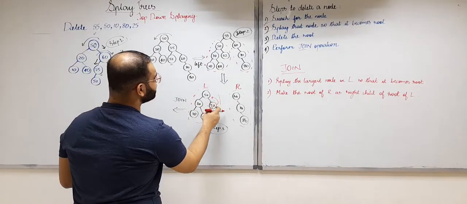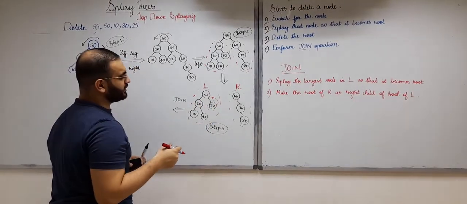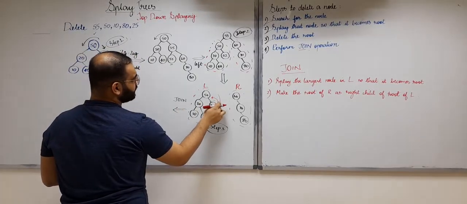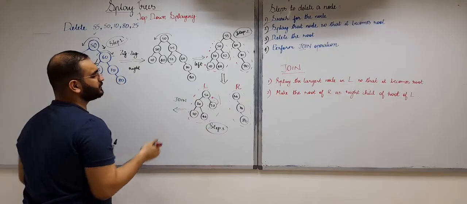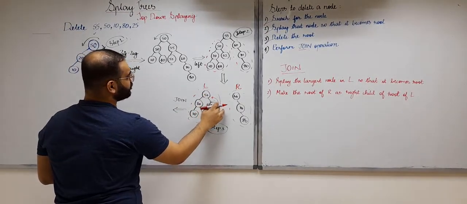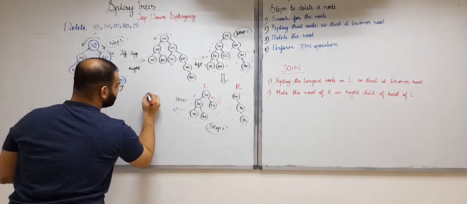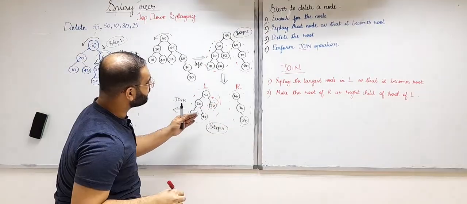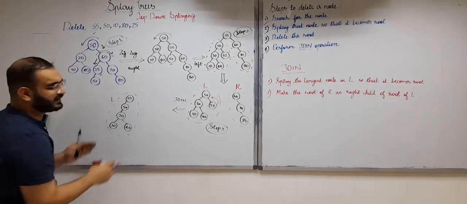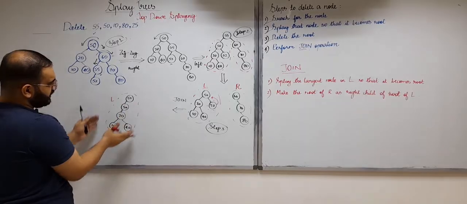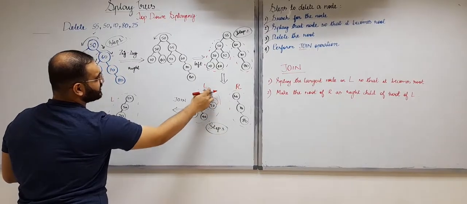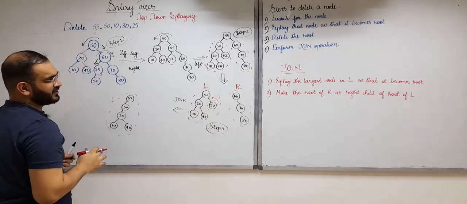In order to bring 52 to the root, which splay operation do we need to perform? Zig operation, right? Because this 52 has no grandparent, so we need to perform zig operation, or it is the child of the root. So we perform splay operation on this node 52, or the largest node in the left subtree. When we performed the zig operation, or when we did the left rotation, this is the splay tree that we get, right? This is the splay tree that we get when this largest element in the left subtree came to the root of this left subtree.